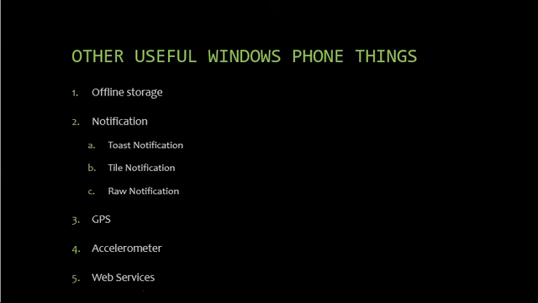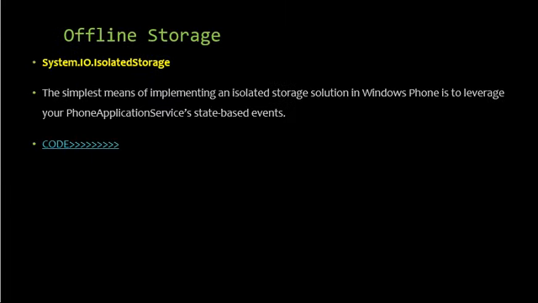The first point in this is offline storage. We had already spoken about offline storage when we were speaking about iPhone. Here this is the offline storage related to Windows Phone 7.